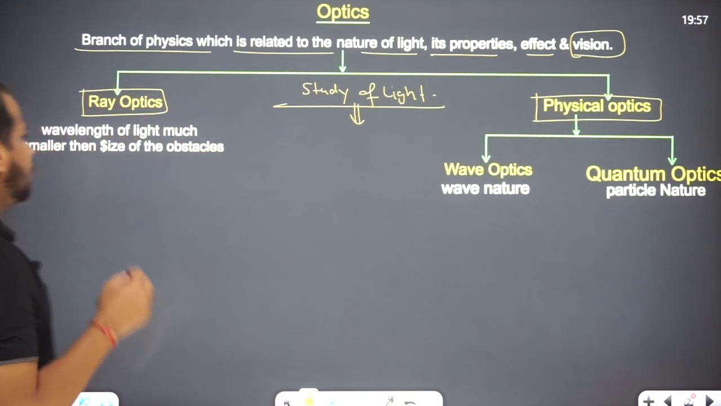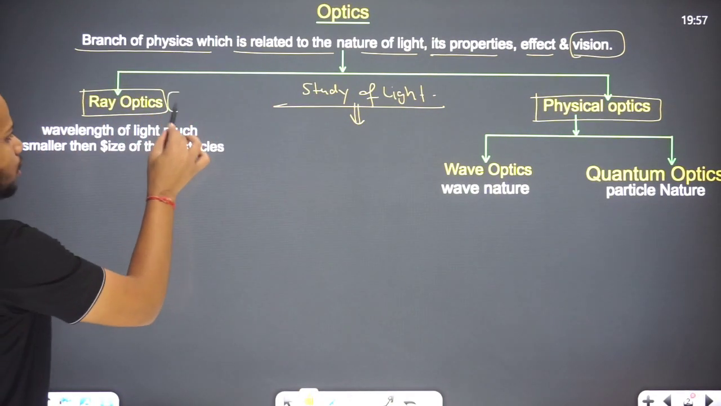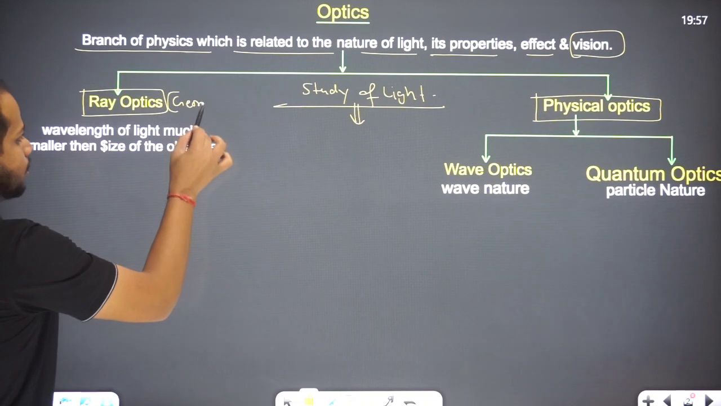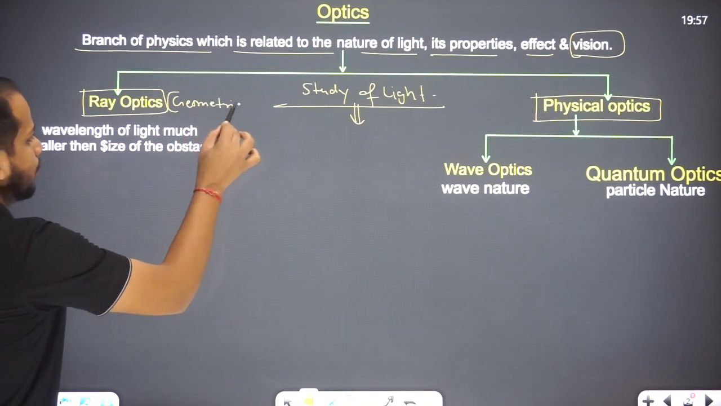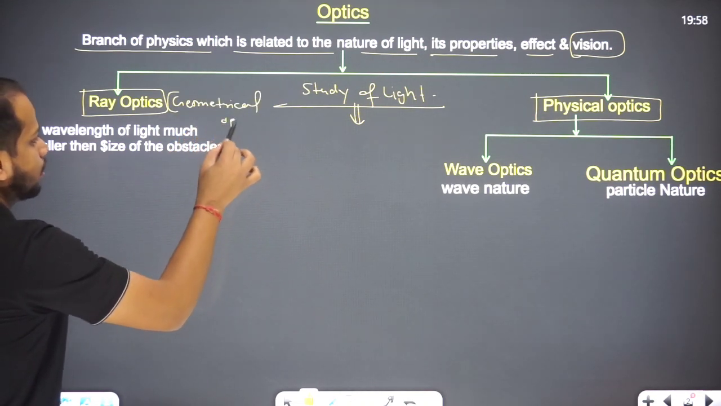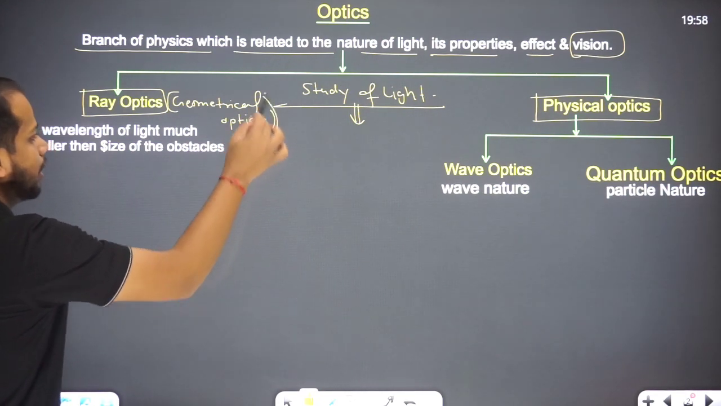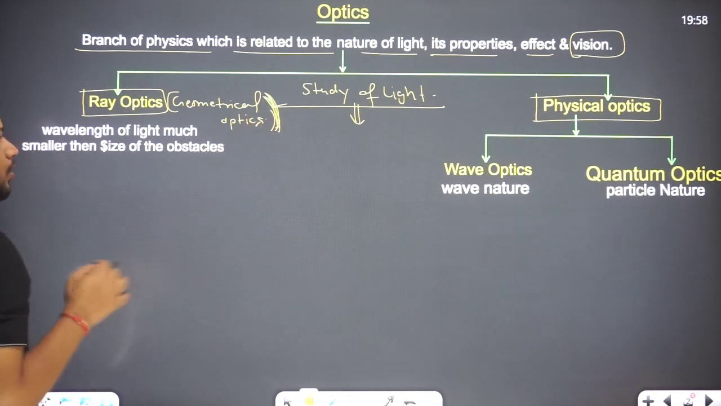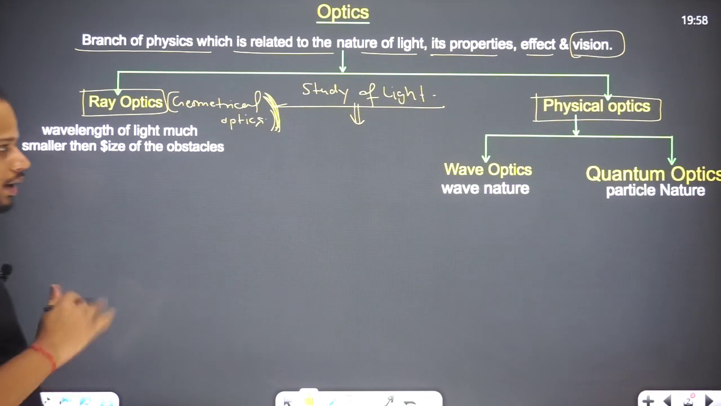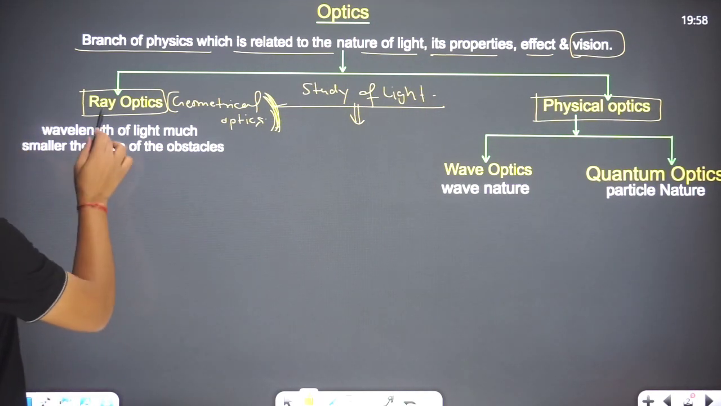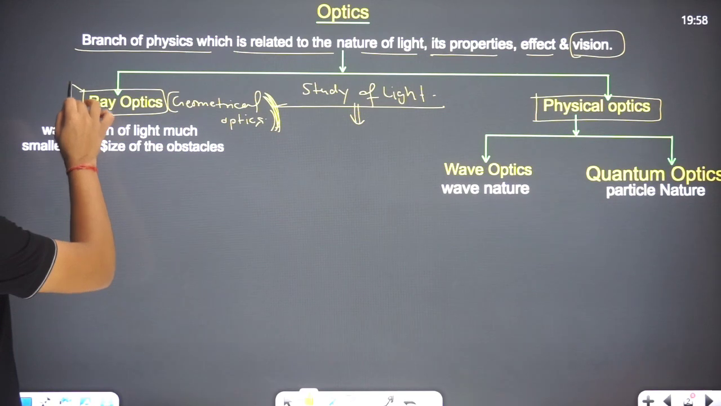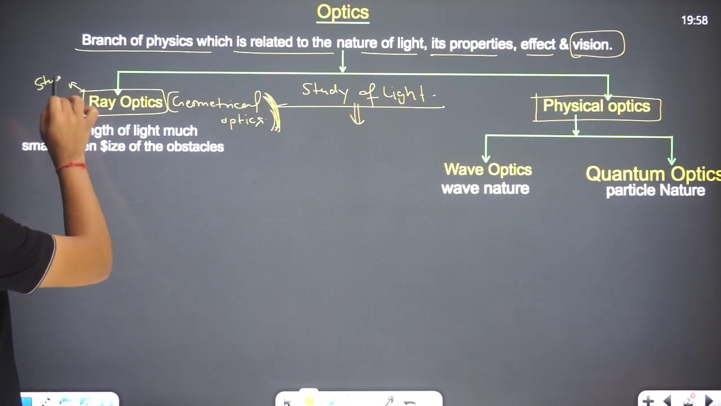What is the meaning of ray optics? Ray optics is also called geometrical optics. Why are we saying geometrical optics? Because basically we will use a little bit of geometry in this one, in general, right? So what is ray optics? Ray optics is the study of light,